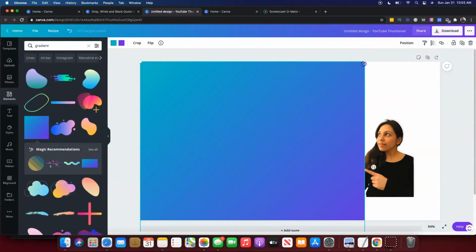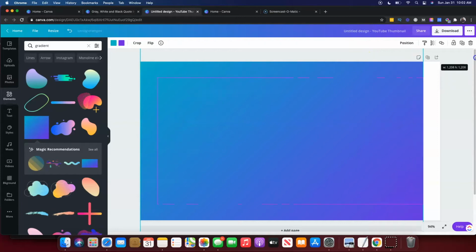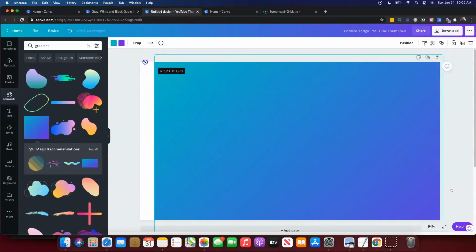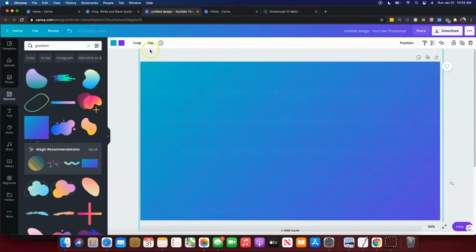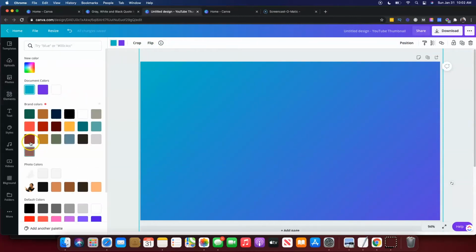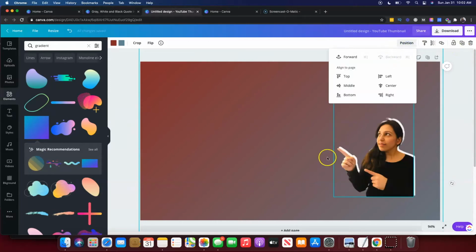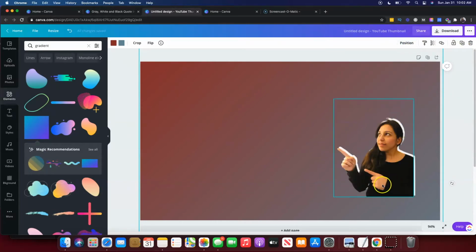So just spread it across. Okay, let's pull it and I'm just going to change the color first so you can add your brand colors, and just position it back. So now you can see that white tone, which kind of looks good when you're creating those images for social